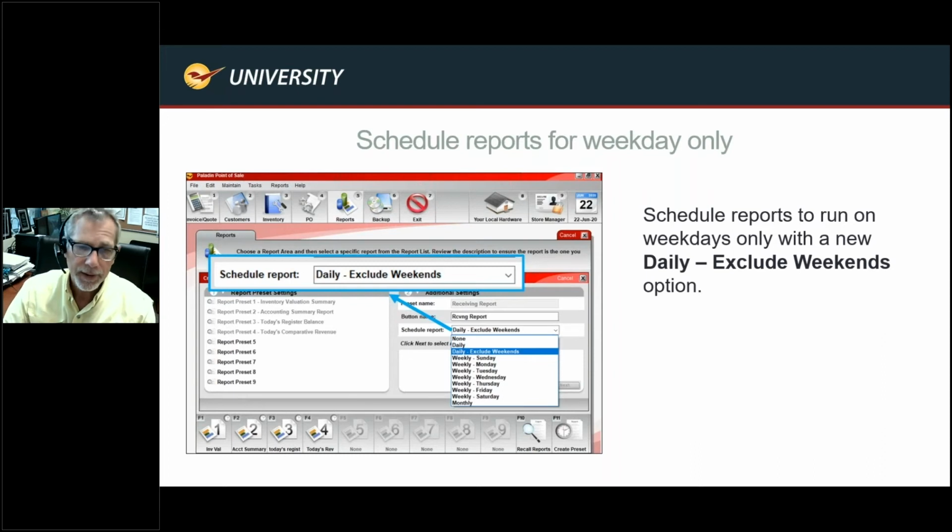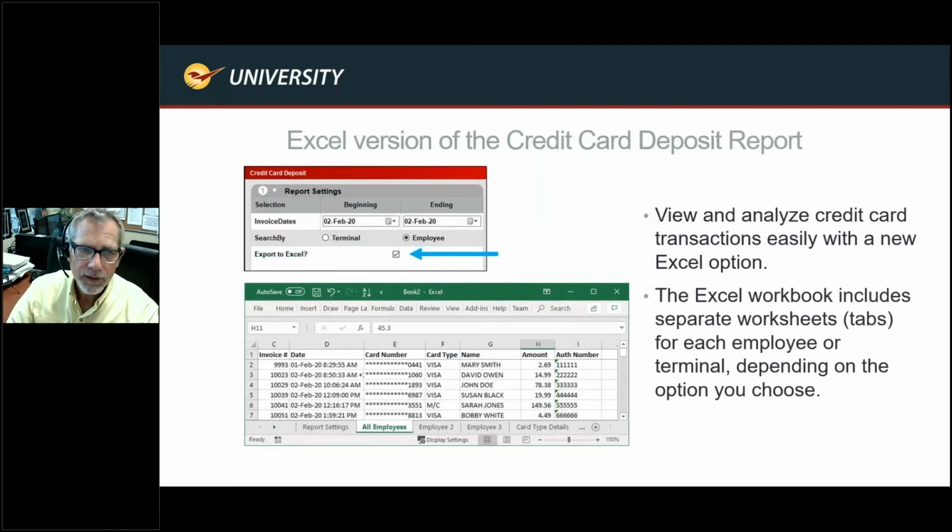All right, so another feature we've added is you have the ability now to schedule reports for weekdays only. So if you're a store that isn't open during the weekend, or you're a manager that doesn't want any reports processed during the weekend, you can just set it to exclude weekends. That's all this is. It's great. If you need it, it's here. Otherwise, just ignore it. But it's another feature that we've had requests for, so we've added it, and it's been very helpful. I hope you can use it. If not, no big deal.